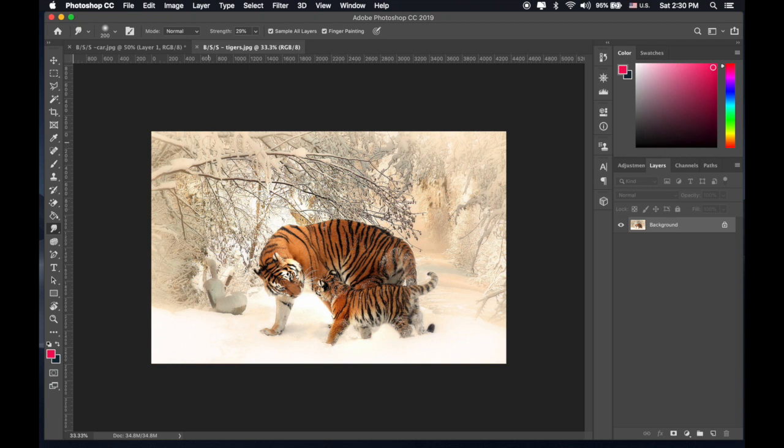Okay, so those three exercises you have, so you have the dodge, the burn, the sponge tool exercise, the eraser exercise, and now the blur, sharpen, and smudge exercise. Okay,